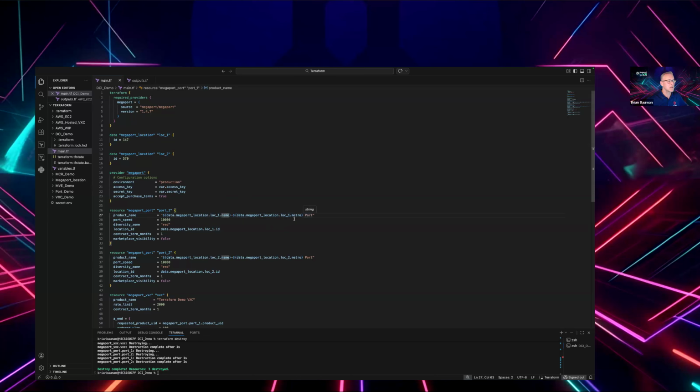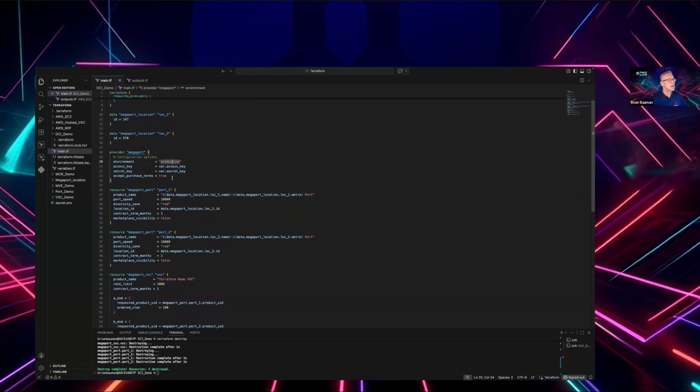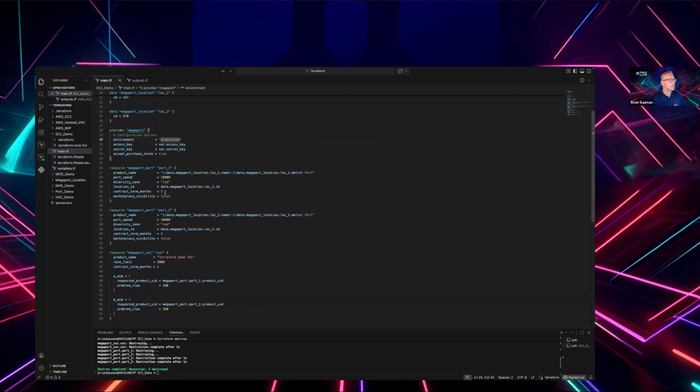It makes it easy because now I've got this template. All I need to do is change the location ID, and this is going to work for another location. So I don't really need to change anything else here. But I've got the production environment set up, my key pair, they're under variables. They're under this variables file right here. And then I've got my resource block for port one, for port two. They're the same 10 gig, red zone, 1 month term, 2 gig VXC, and I've got VLANs 100 and 200